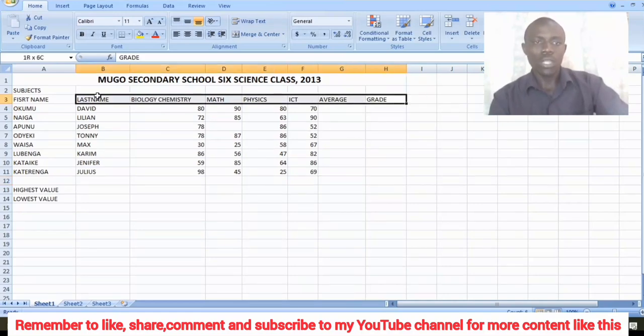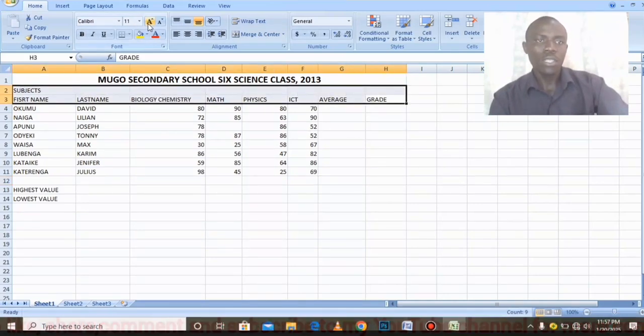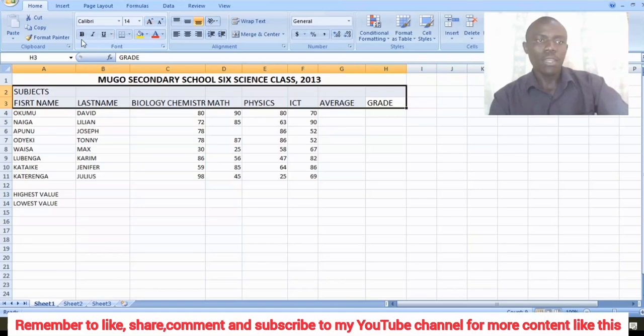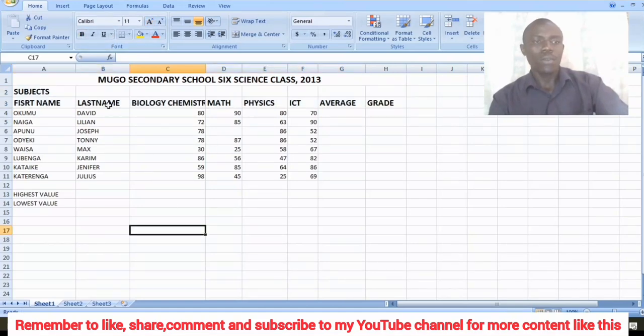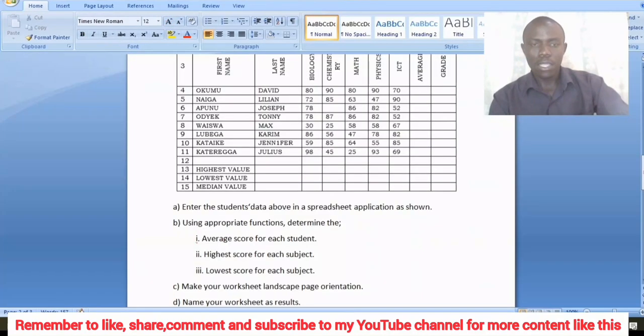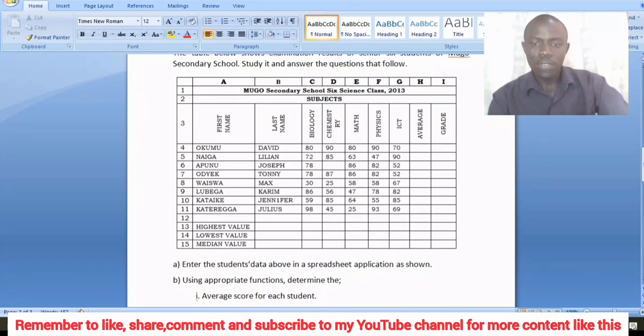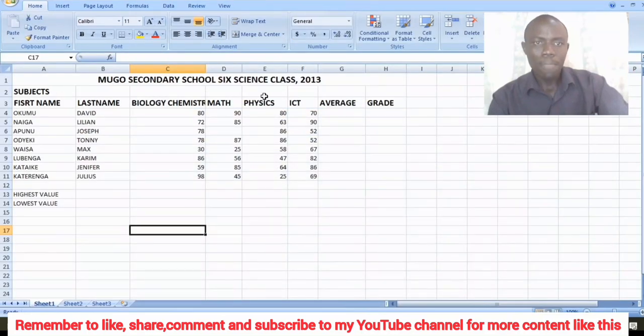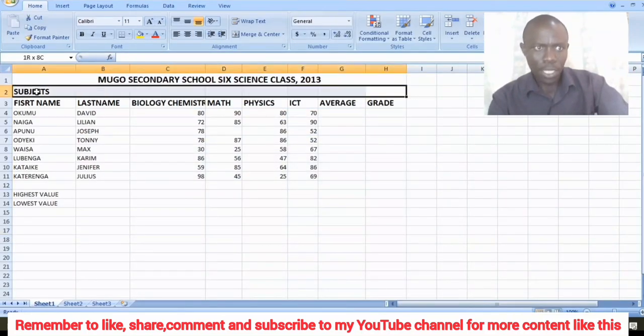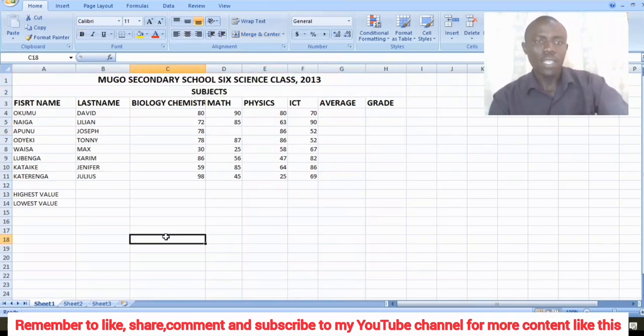So we can also increase the font size of these ones. Okay, then we bold them. So we are having also these ones are bolded. Even the word subject is also centered. So up to grade here, we merge and center. So we have first name here. So here